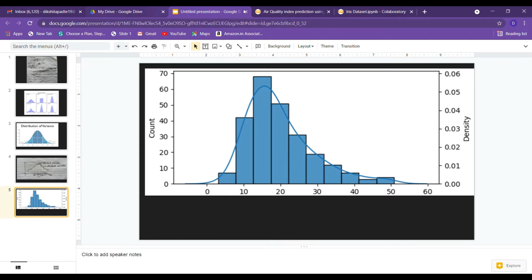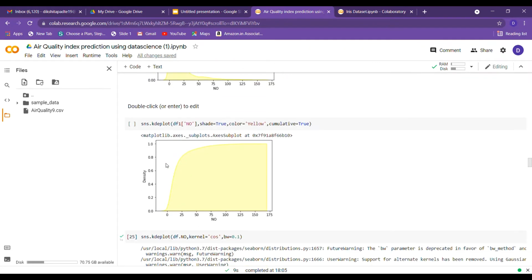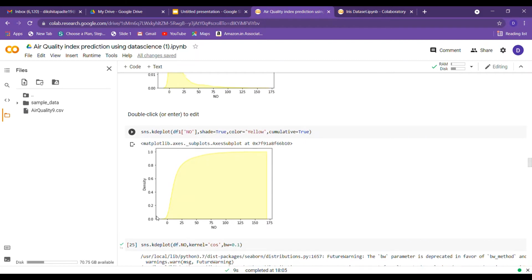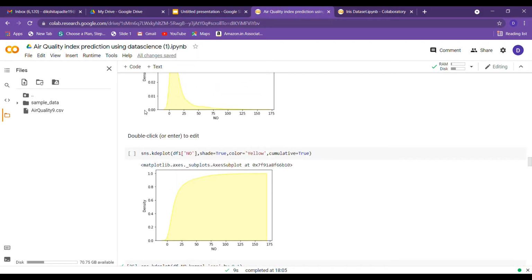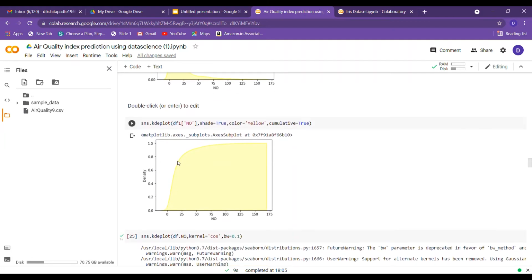Now let's have a look at what the cumulative density function is. By the word cumulative, it means that you go on adding values to an existing value. Basically, how cumulative works is you add 0.01 to 0.00, then to 0.01 you go on adding 0.02 and so on, and you get this increasing curve, and finally the slope becomes 0. That is, the graph is completely constant.